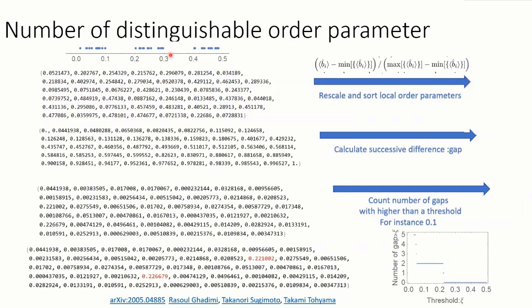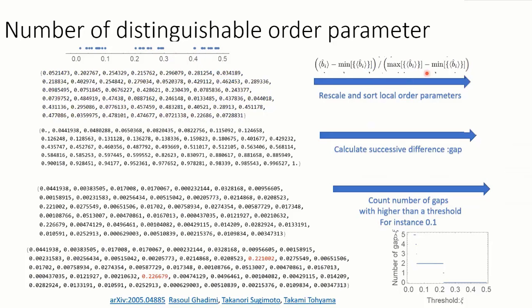I want to develop a tool to see how many different amplitudes of the superfluidity we have in this system. So for example, look at this random number. I plot it here. You can see there are 3 different structures at once if you look at this. So what I did is that